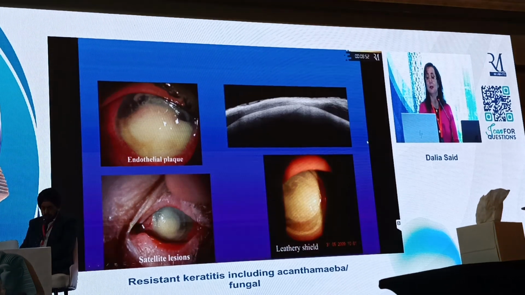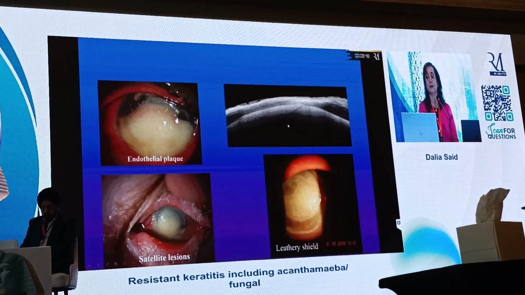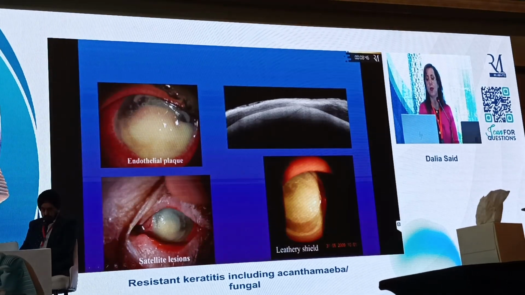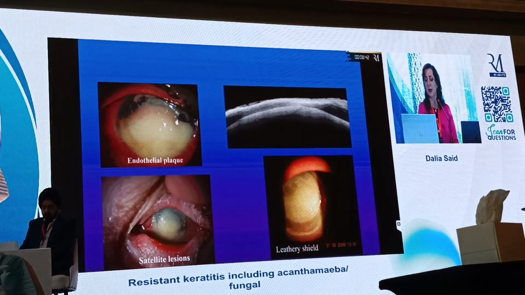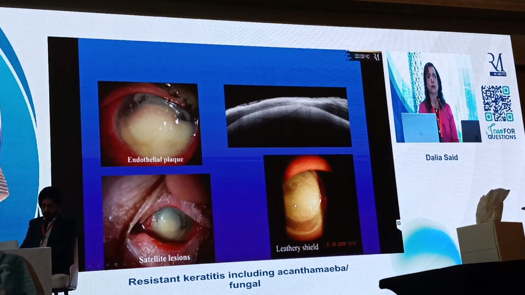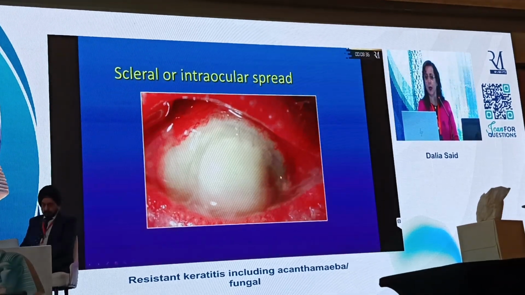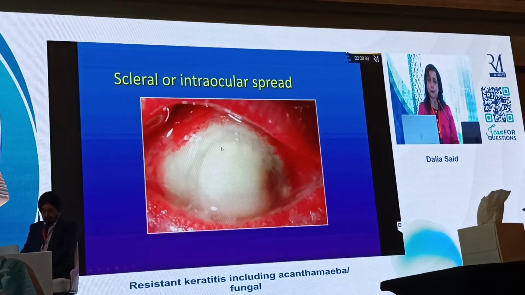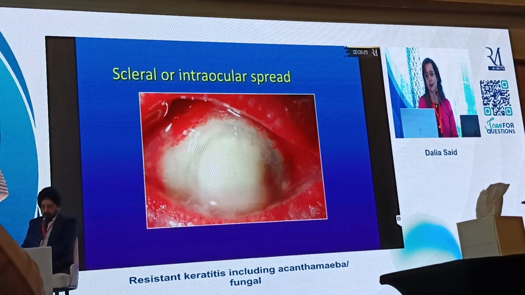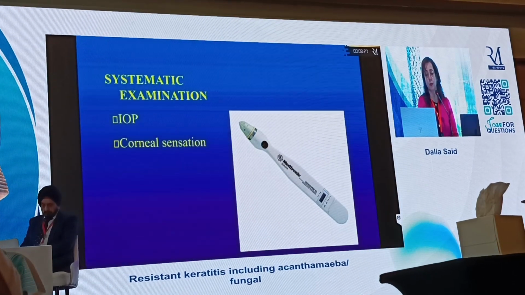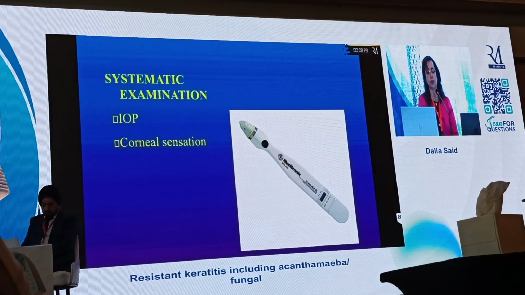keratitis. OCT, and Shadia will speak to us about OCT, in infectious keratitis can also show you the amount of plaque on the back of the cornea and the response to treatment. And you can get that leathery shield which we have to debride so that the infection settles. You can get scleral and intraocular spread, and if you get that, then you have to give very heavy systemic treatment. Remember the intraocular pressure and the corneal sensation, very important parts of the examination of your cases